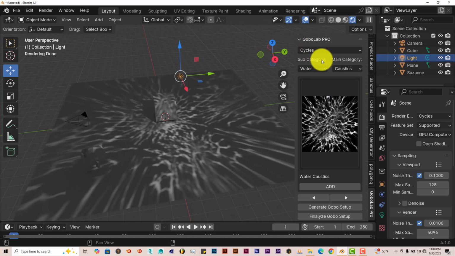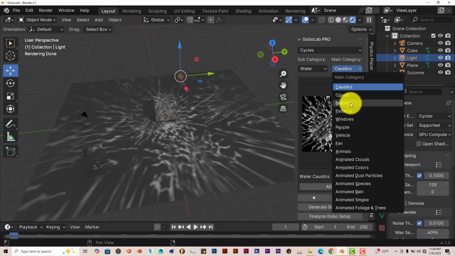There's a subcategory and there's a main category. In the main category, you have the caustics, the clouds, nature, patterns, windows, people, vehicle, fan, and animals. Those are all the still, static, non-moving, picture-based Gobos textures. The other ones down here, as you can tell, say animated. So all these are moving, and these are all pretty cool when you see how they actually move on models,